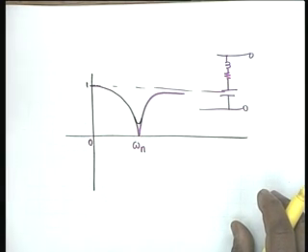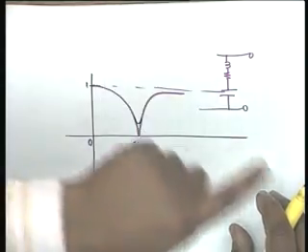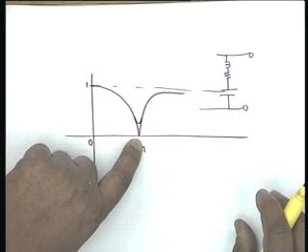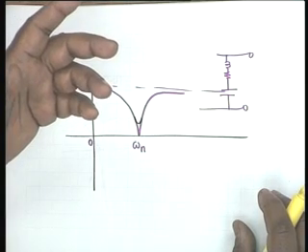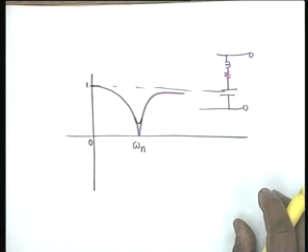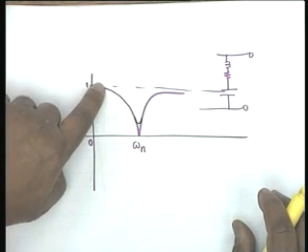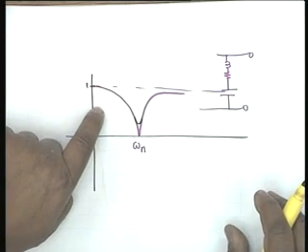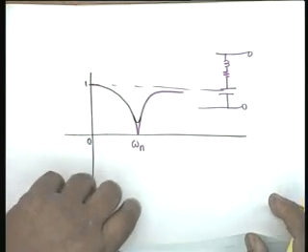It is not a selective response. It is not a high Q acceptor type of response. It is a rejection response. It has nothing to do with the value at this point. The value at this point is 0, and 1 by root 2 of 0 is also 0. So the half power frequencies always refer to the maximum, and the maximum is 1, and therefore you have to find out where the value is 1 by root 2. And in order to do that,